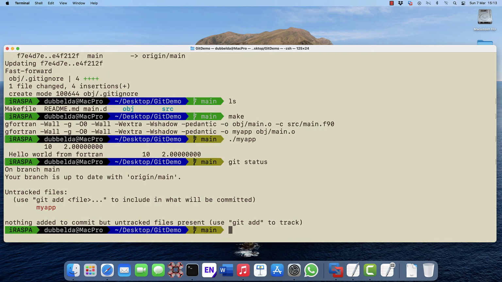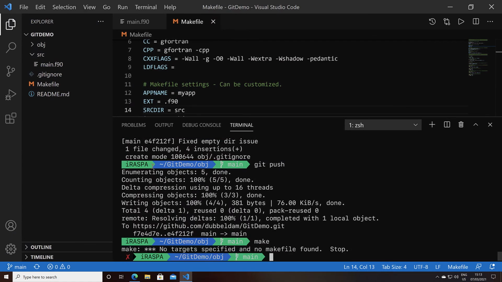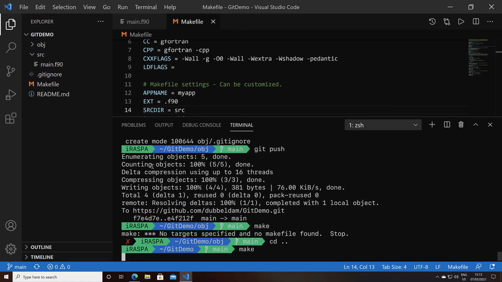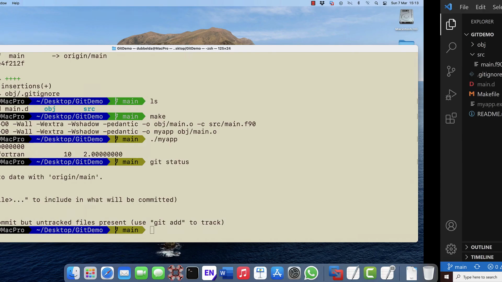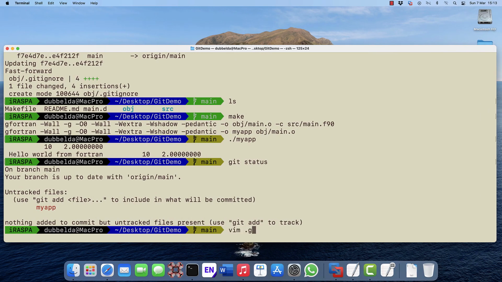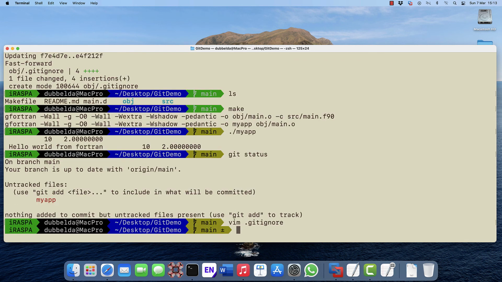However, we see another issue, that the executable is called here myapp, and on Windows it was called myapp.exe. And we put this one in the git ignore file, but not the myapp. So we can fix that. For example, edit the git ignore and add the myapp over here.